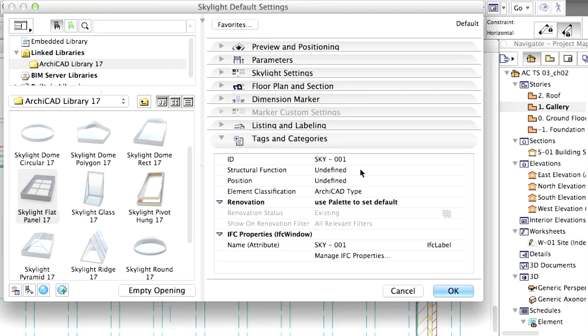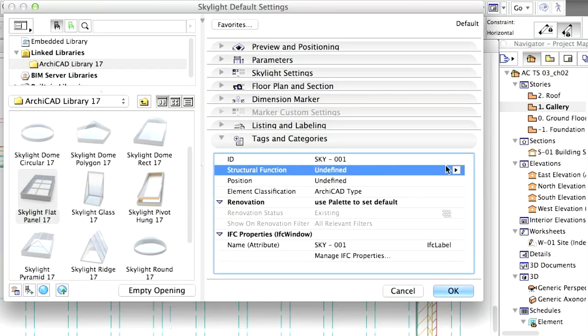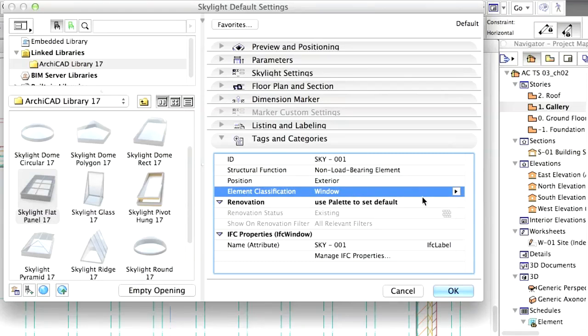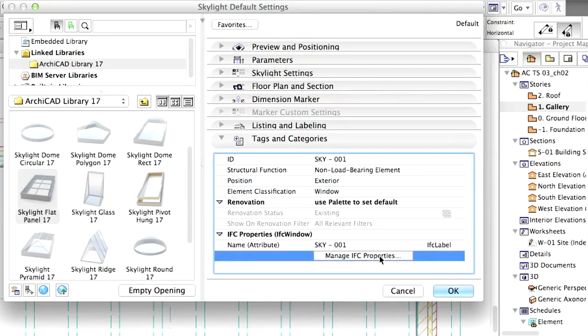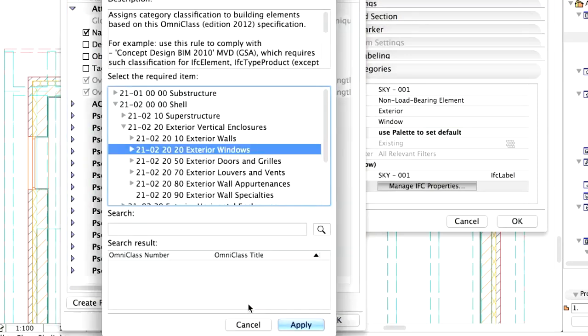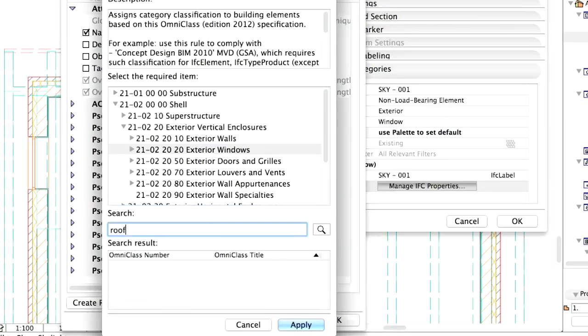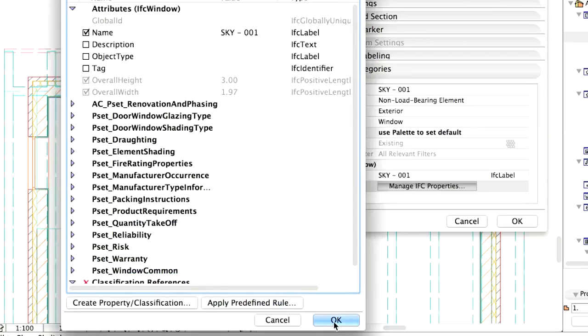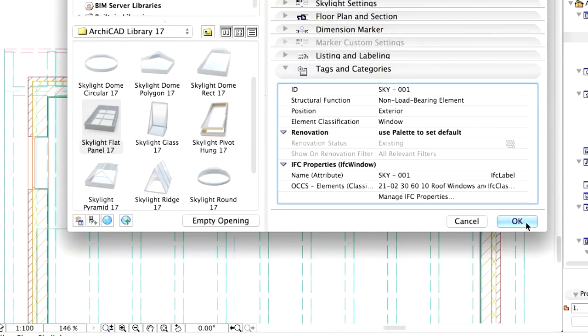Tags: Non-load-bearing element, Exterior, Window, IFC, Roof windows and skylights. Click OK.